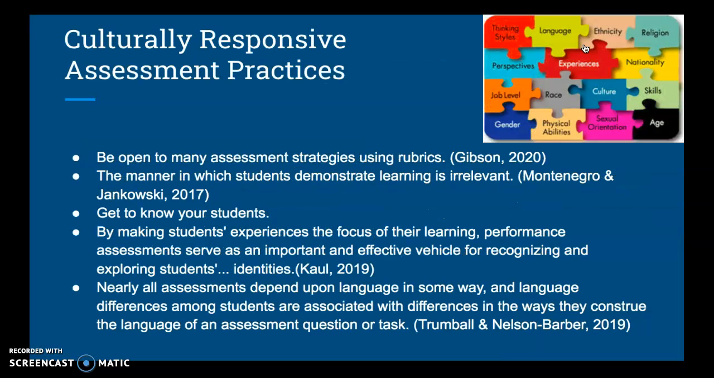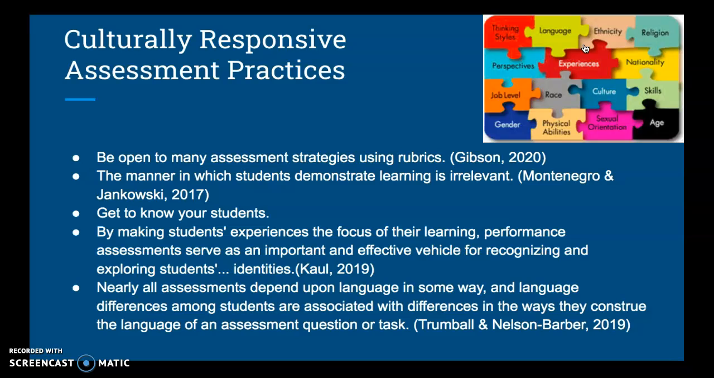Cultural responsive assessment practices. Be open to assessment strategies using rubrics. I think that is a huge thing, allowing students to show their learning in many ways. If you do a project, let them do a slideshow. If it's in science, let them do a slideshow over endangered species. They could make a poster over endangered species. They could write a paper over endangered species. They could draw an animal and then talk about it